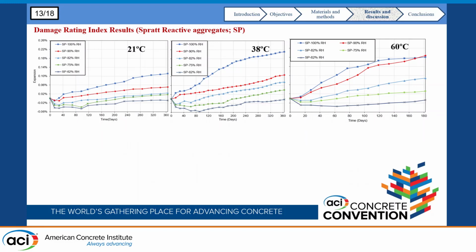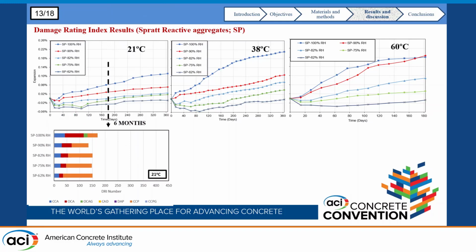Now, we exposed some samples to the damage rating index to assess the influence of this expansion on internal distress. For samples stored at 21 degrees Celsius, after 6 months of exposure, we realized that we have a similar DRI number across these relative humidity conditions. However, the sample stored at high moisture condition attained a significant damage